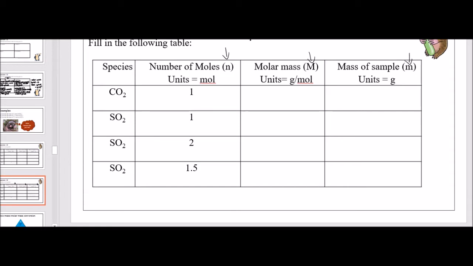And the mass of the sample, the unit is gram and the symbol is lowercase m. Now, molar mass is constant, obviously, if you have the same molecule or compound. But the number of moles and the mass will change depending on whether you have a very large sample or